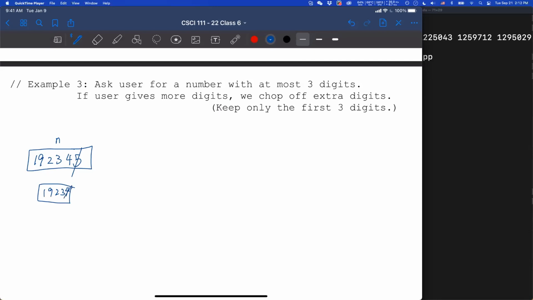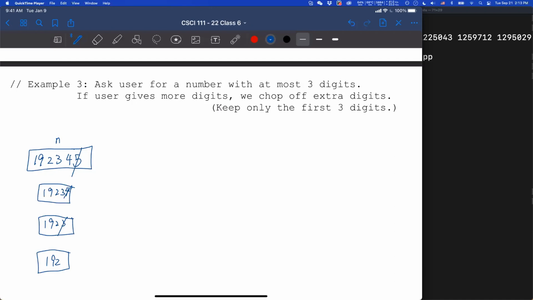So you get rid of the last digit, still too big. What do we notice here? We'll keep getting rid of the last digit until our number is less than 1,000. If your number is greater than 1,000, you will get rid of the last digit. Now, if the input is really less than 1,000, which means it's at most 3 digits, then you don't need to do anything.